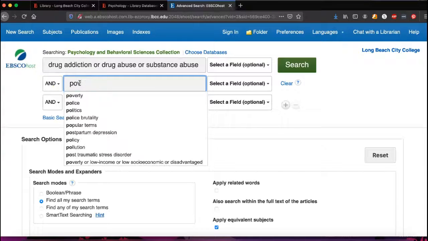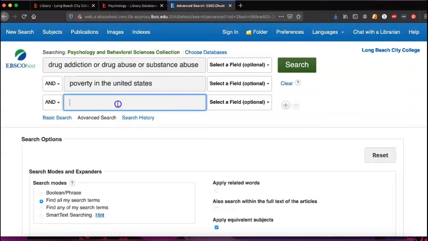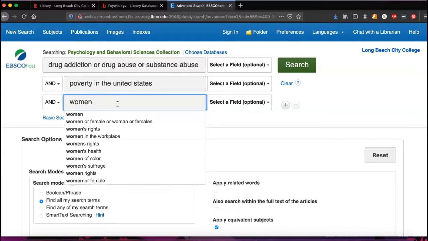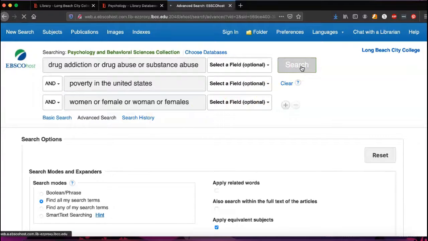So I'm going to type in poverty here. And you'll see again, I have a lot of choices here. I think I'll pick poverty in the United States. And then just for fun, I'm going to add a third one. I think I'll pick women. Again, no particular reason. So again, I'll pick women, female, woman, females, covers more bases. Then I'm going to click search again. You're going to see that we will still get